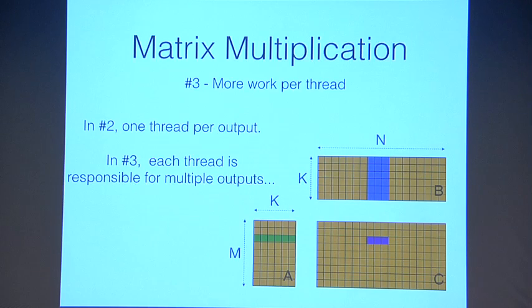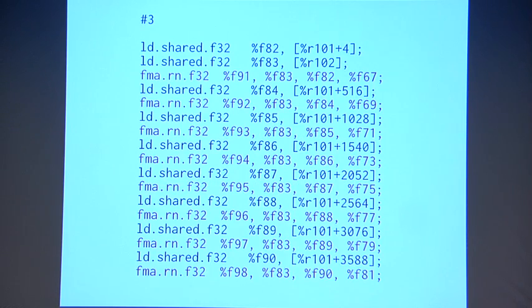When you do this, where you start sharing the calculations and have multiple outputs per thread, the assembly looks like this. It starts off with some initial setup where it does a couple reads and does a multiply. But then after that, it interleaves. Do a load, do a multiply, do a load, do a multiply, do a load, do a multiply. So now we've gone from 1/3 useful instructions to 50% useful instructions. Still not as good as we could do, but much better, right?